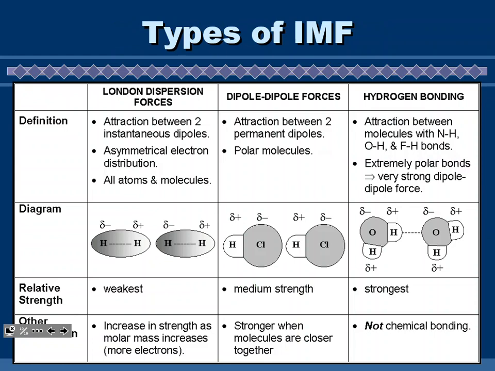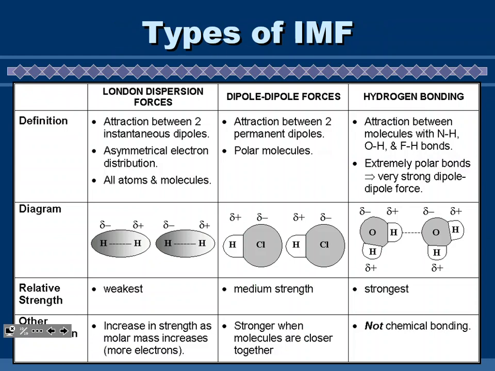Dipole forces, attraction between two permanent dipoles. So anything that's polar is going to also have dipole forces, because they are a permanent dipole, like water, like SO2, like NH3. Anything with that is going to be polar because of its shape, it's going to fall into the dipole category. London dispersion forces, those ones are all nonpolar molecules or atoms, like even helium and neon, even though they don't bond with anything, they have electron clouds, so they fall under London dispersion forces